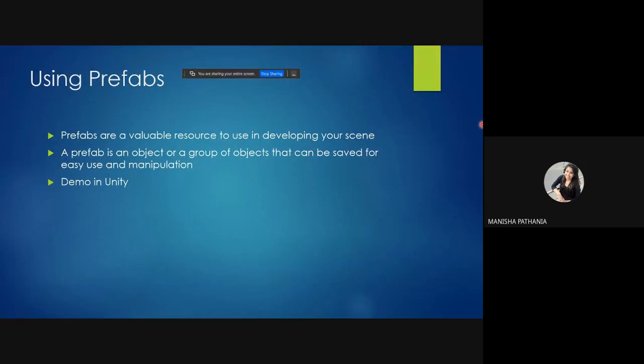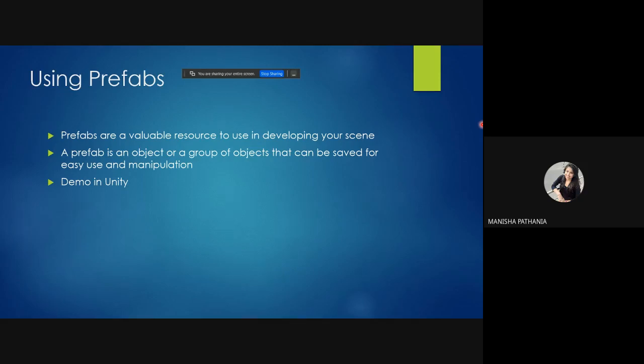In my game, I need multiple objects, so I need to create a prefab of that particular object. If I need to change something, like the properties of my game objects, then I simply click on the prefab and change those properties in that particular prefab.